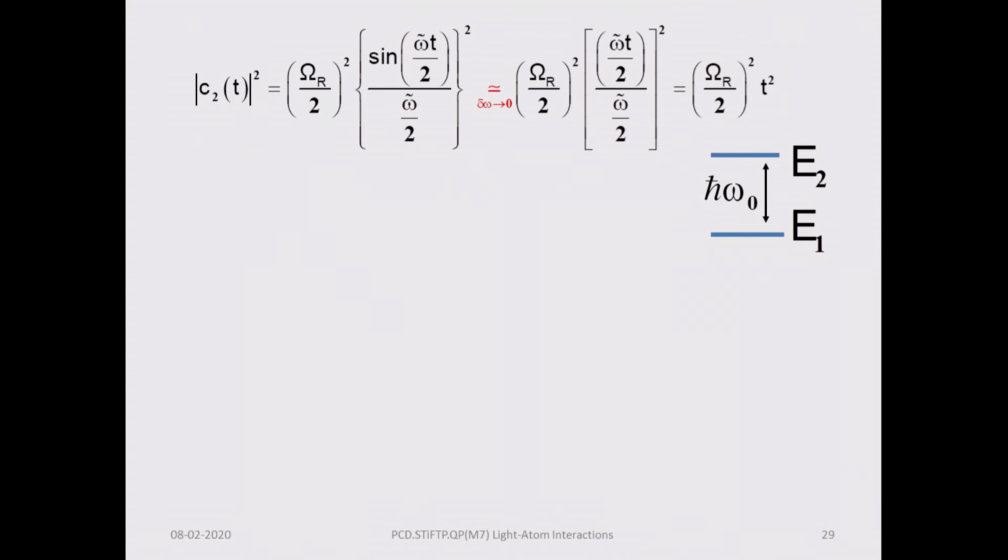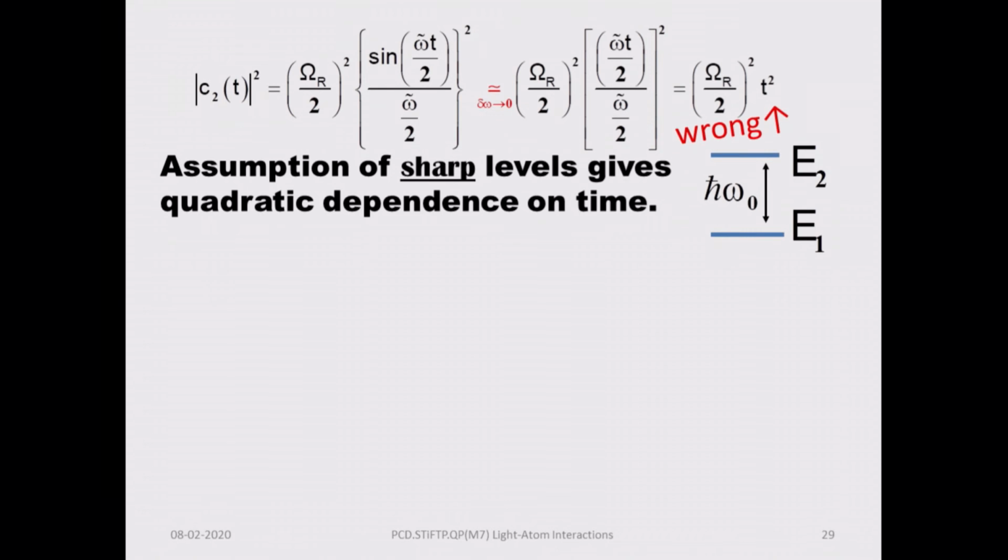Now, this is strange. This is really strange, because what you are getting is that the probability is going quadratically with t, right, t square, and this is obviously wrong, because when we discuss time dependent perturbation theory,